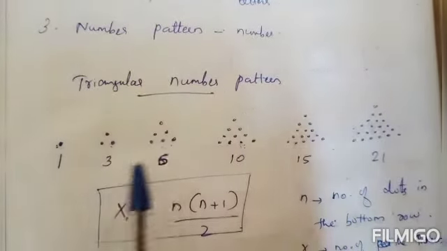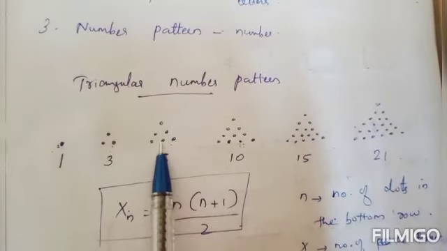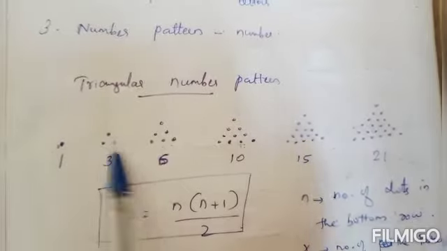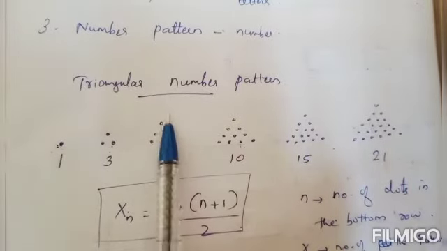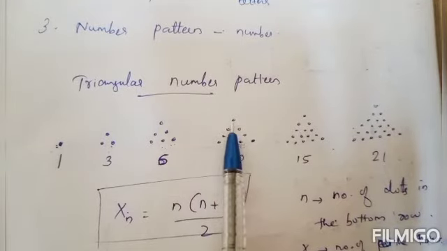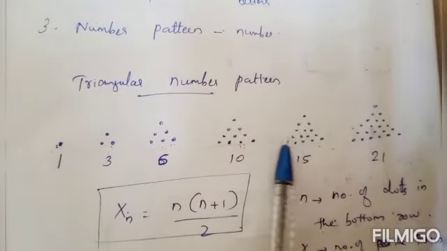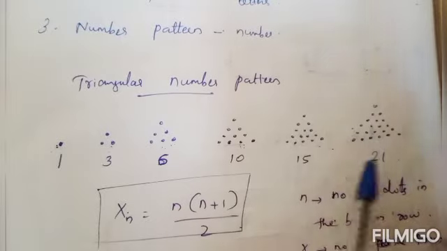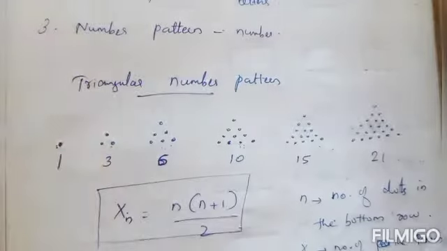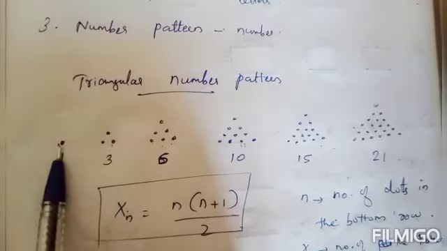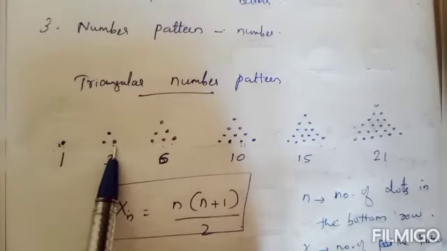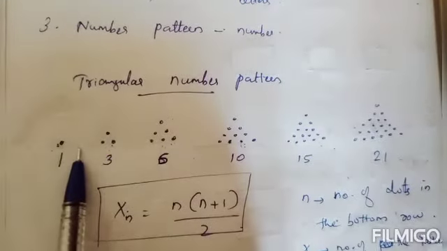Now as we go up the triangle, the number of dots is decreasing. You can see first 2, then 1, then 3, 2, 1. As we go up, the number of dots is decreasing. Here 4, 3, 2, 1. Now here 5, 4, 3, 2, 1. Here 6, 5, 4, 3, 2, 1. As we go up, the number of dots decreases. As we go from left to right, the number of dots in the bottom row is increasing by 1.